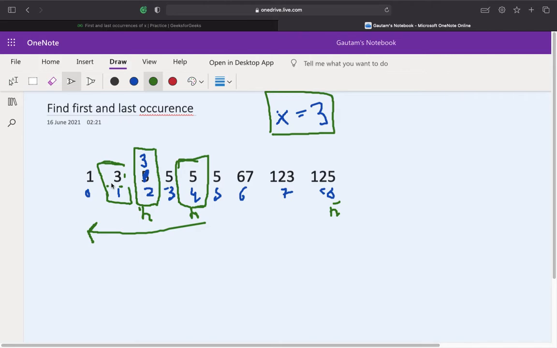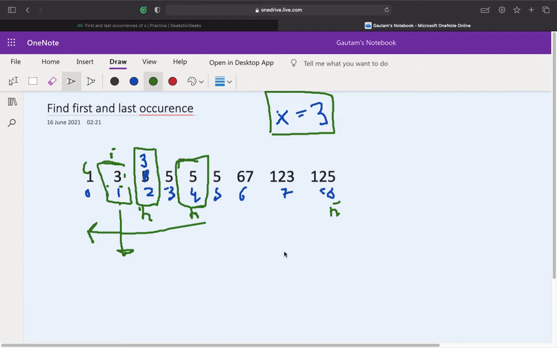Yes, it's equal to 3, and the immediate left of this middle element is not equal to 3. That means this middle element is essentially the first occurrence of the particular element, and we'll simply return its position, right?